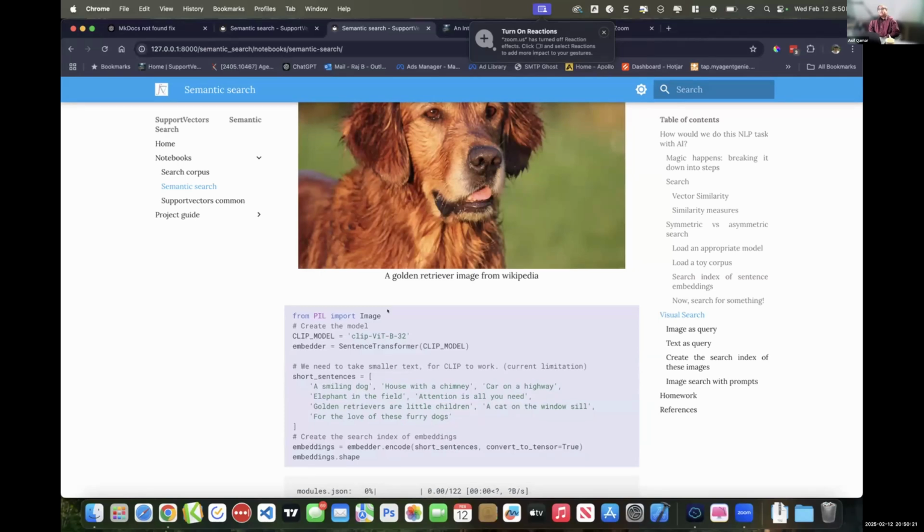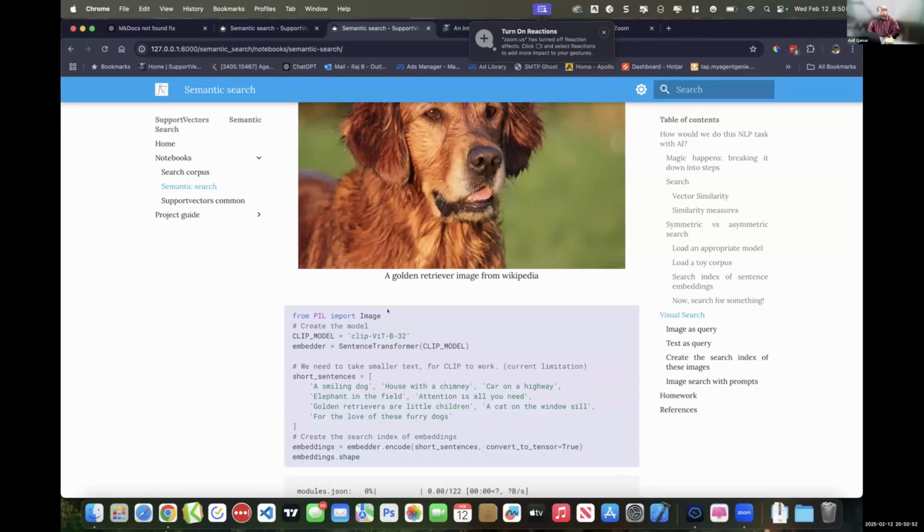Now think about it this way. A machine does not understand pictures. All it gets is a stream of pixel values across 3 channels: red, green, and blue. It is just a long stream of numbers, a 3-dimensional matrix of numbers. You give that as your search query. Nevertheless, it is able to search in text and find the nearest